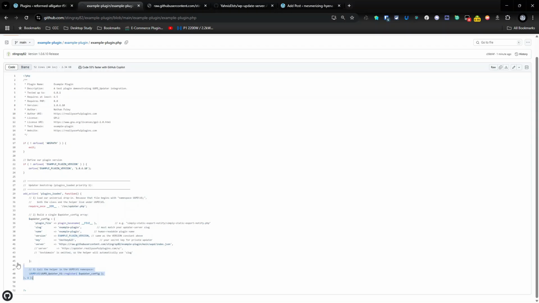So this is all the code you need to add to a plugin to use UUPD, and that's it. And that's how it's configured. These configuration items are all done within their own block. So example plugin version is up here, and that tells the version. This tells WordPress what version we're on to check against the server,